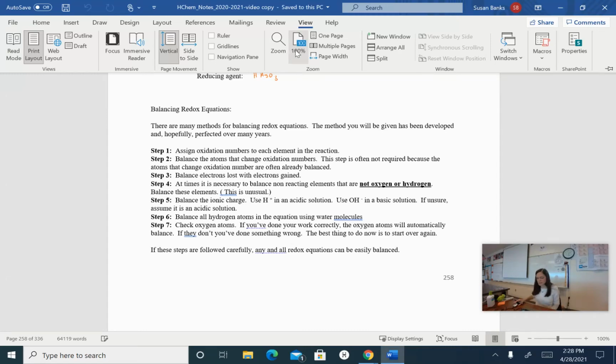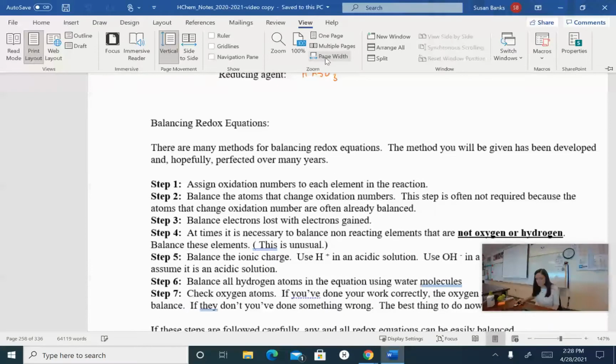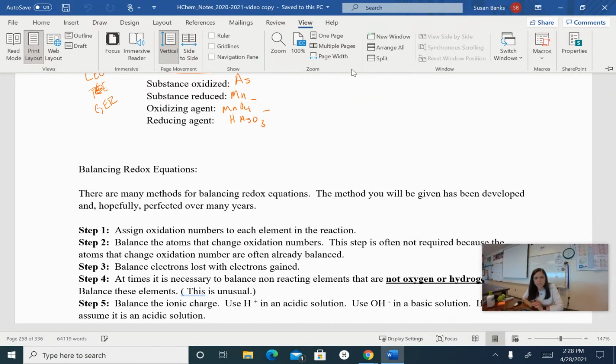All right, Honors Chem, today we are going to learn how to balance redox equations. Now, it's a little bit different and it's a lot more involved than just balancing normal chemical equations. We are going to use the skills that we use to balance normal chemical equations, plus we're going to add on oxidation numbers that we just learned how to do, and figuring out where the electrons go. So we're going to have to not only balance the elements, but now we're also going to have to balance the electrons. So let's start with some ground rules first, and then we'll do a few to help you understand